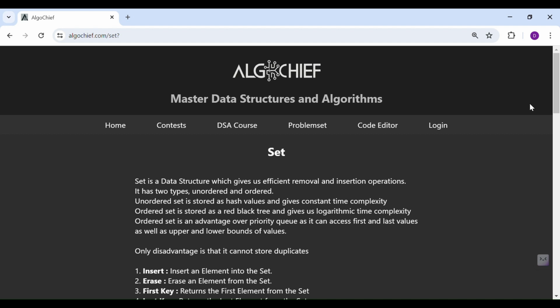It can also search a value in log time complexity, which priority queue cannot. The only disadvantage of a regular set is that it cannot store duplicates. An advanced version of a set exists called multiset, which has all of these operations plus it can store duplicates. But